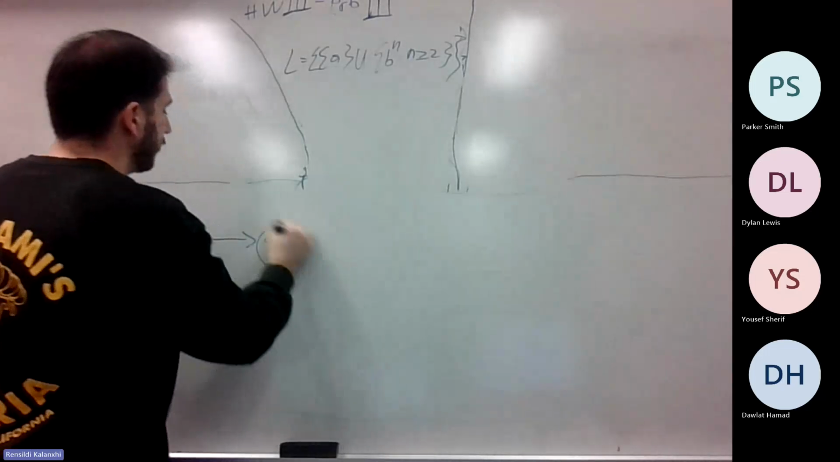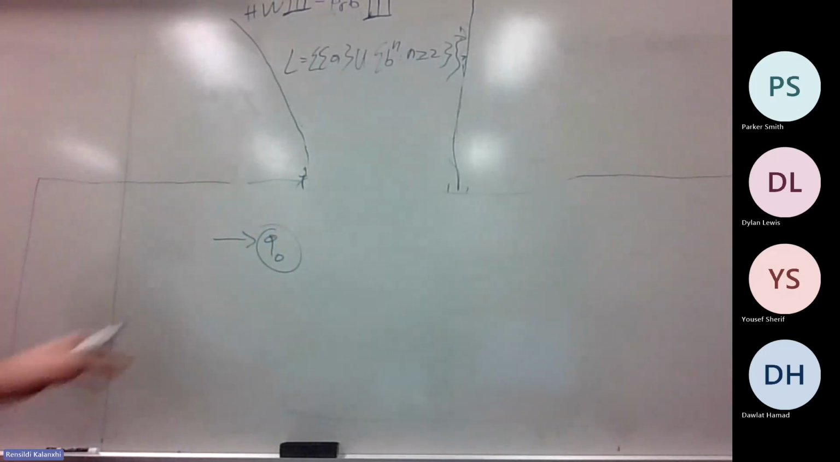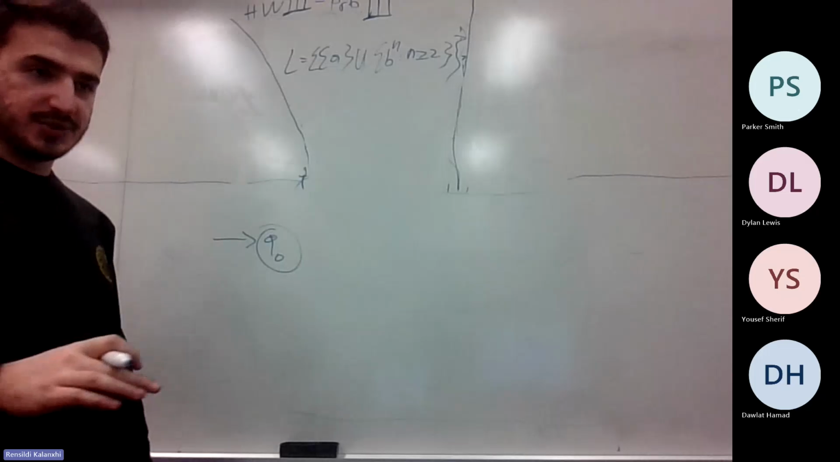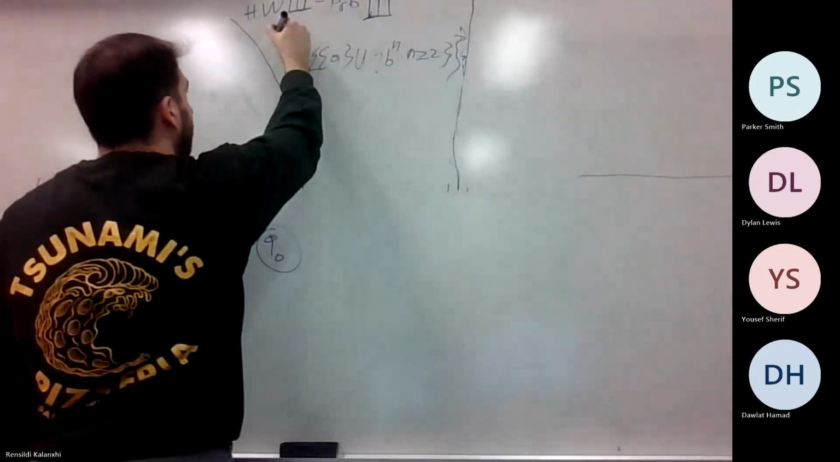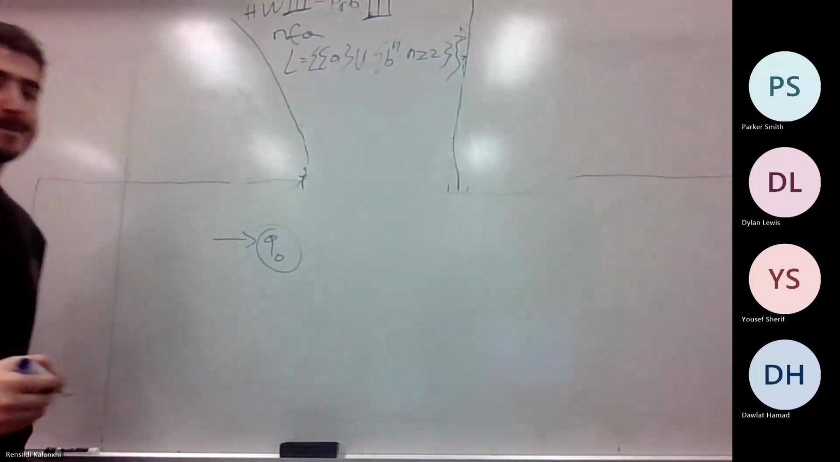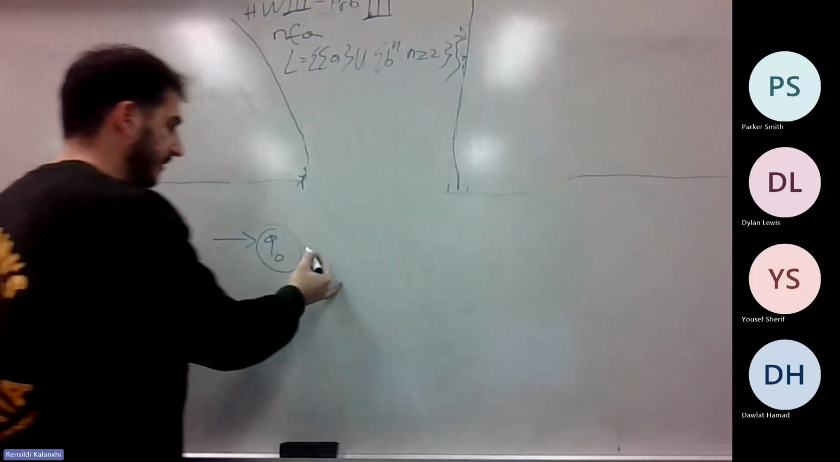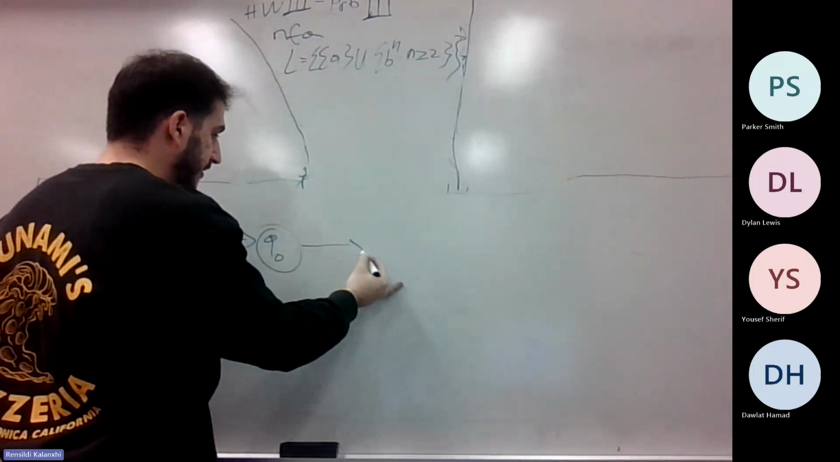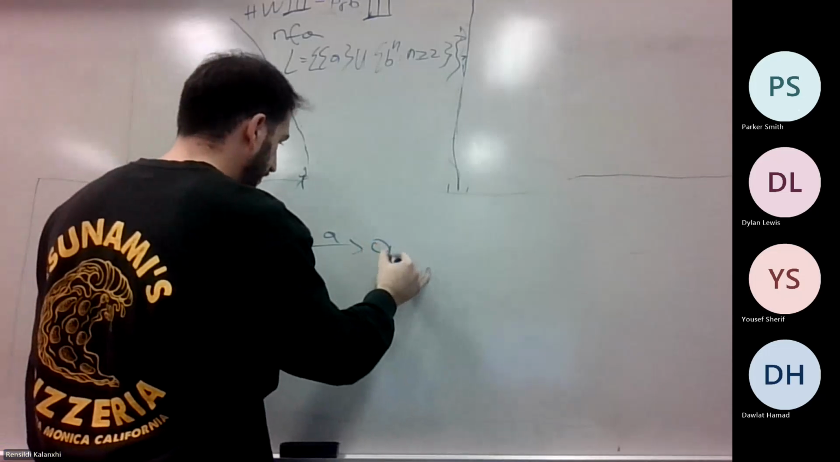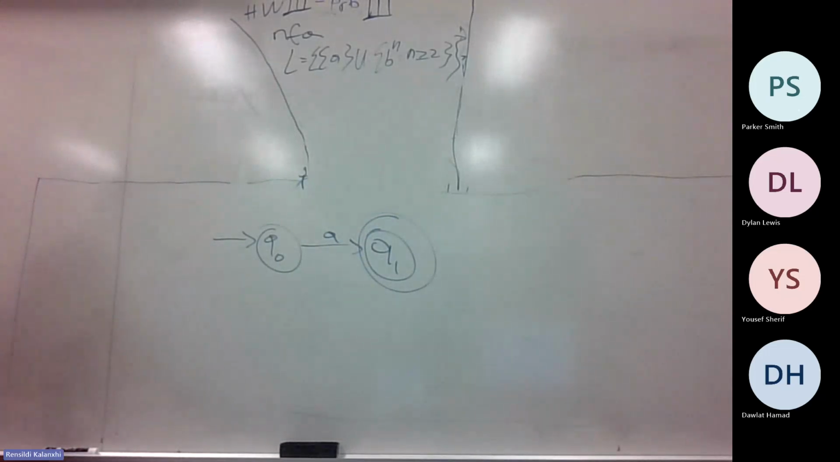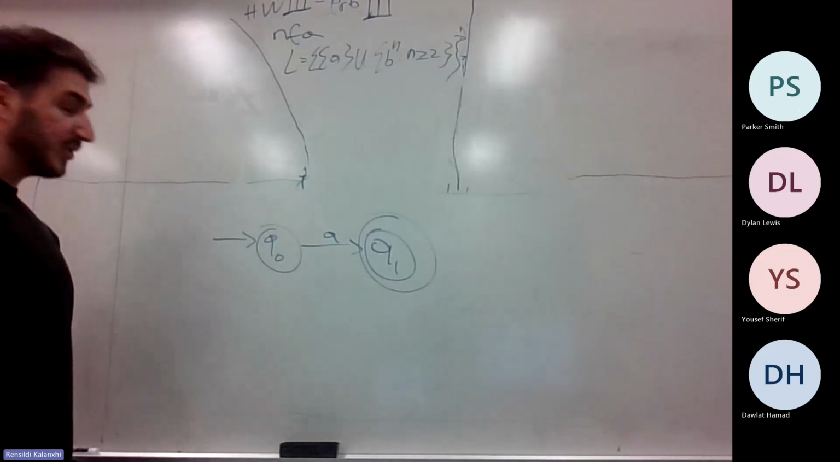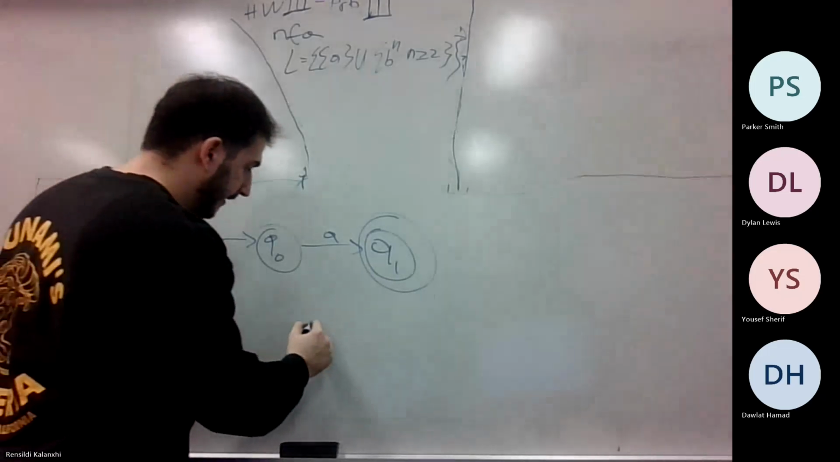Let's start with Q0. We're not supposed to have any lambda transitions, by the way. It's still an NFA, a non-deterministic finite automaton. With 1A, we say that yes, this combination is allowable. But we can also add another state,